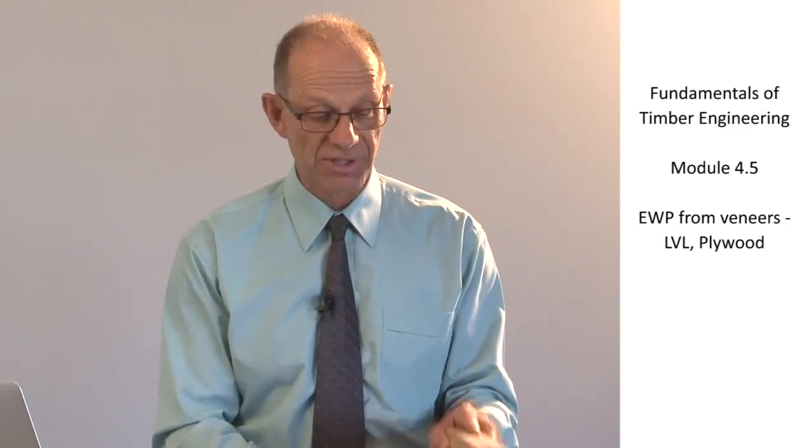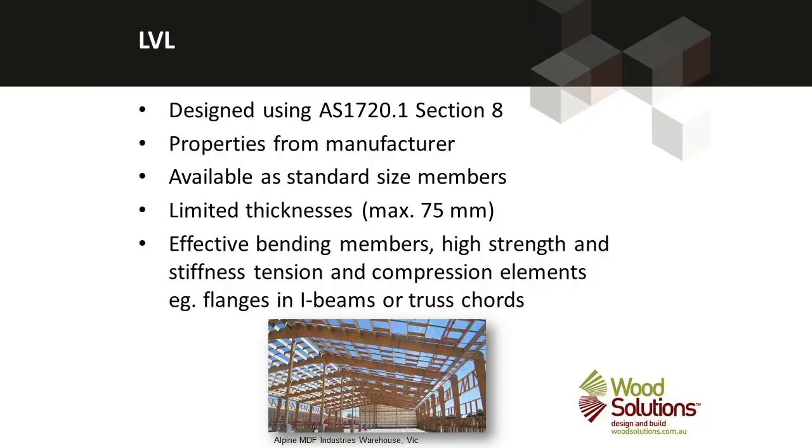So some LVL members can be as deep as 1.2 metres. They're effective as bending members or where very high tension and compression forces are required. So laminated veneer lumber with generally higher strength and stiffness than sawn timber is appropriate for those high structural demand